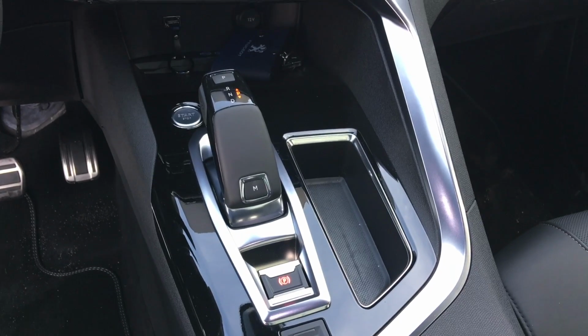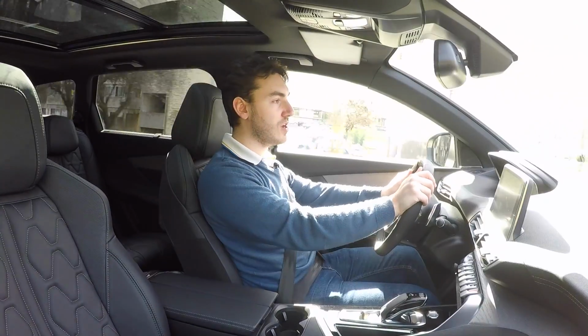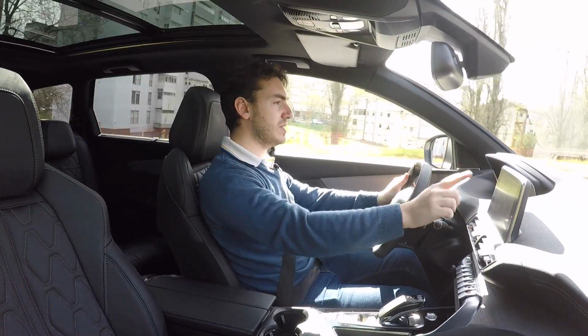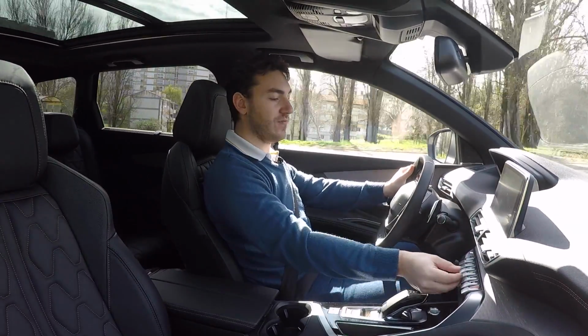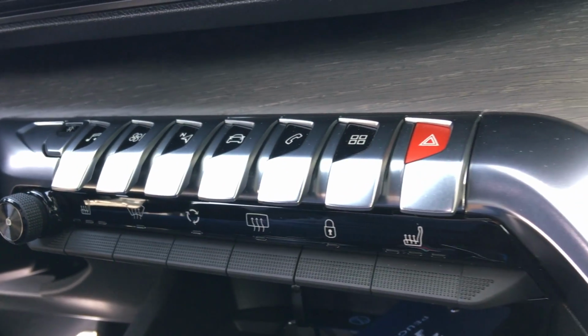A masterstroke in design can be found just below in the form of these aluminium piano shortcut keys. You see, whilst you're driving along, you can't really feel for the buttons that are on the screen. It's a smooth surface, obviously, so it's a distraction to look away. But these textured physical buttons are much easier to just tap to bring up shortcuts such as navigation, air conditioning,